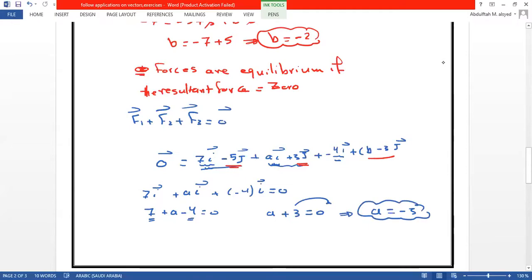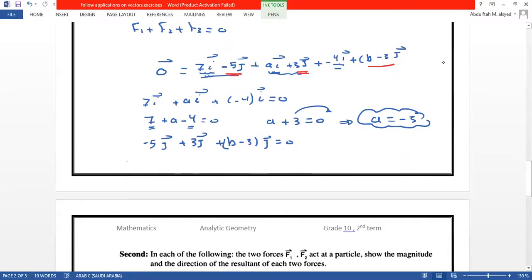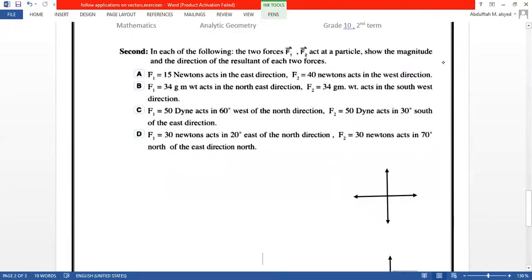Also, the sum of the J components equals 0. So negative 5J plus 3J plus BJ minus 3J equals 0. Okay, so now negative 5 plus 3 plus B minus 3 equals 0. Cancel 3 minus 3, which is 0. So negative 5 plus B equals 0, so B equals 5. Each of the two forces, the direction and the magnitude, the value, as you know, is the value,